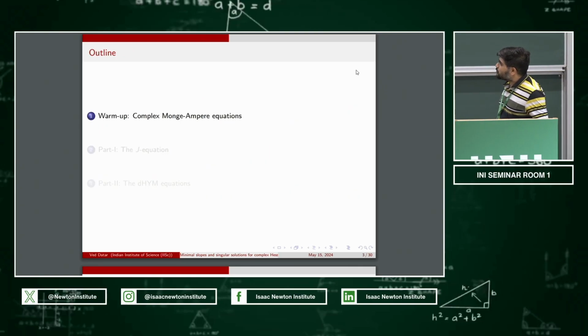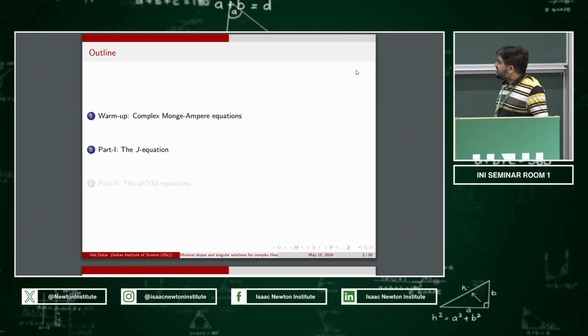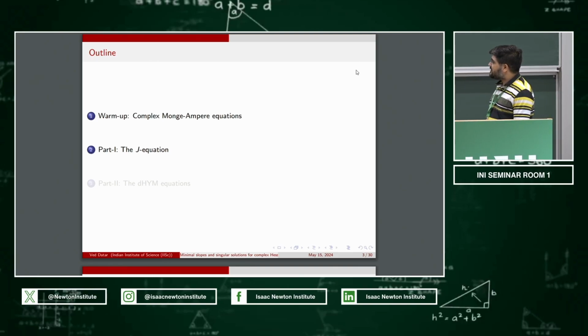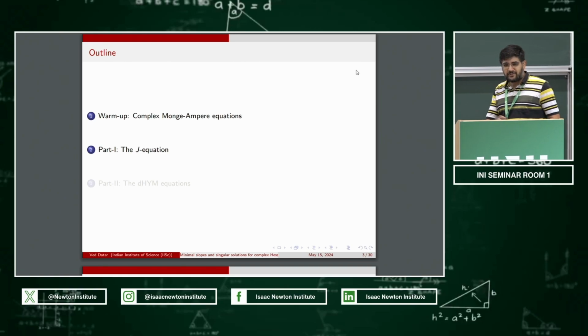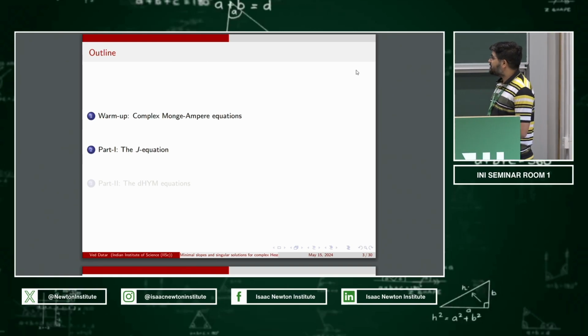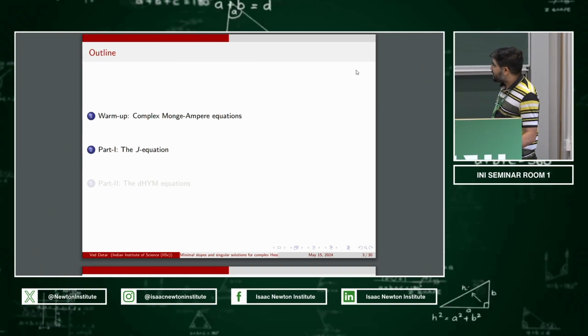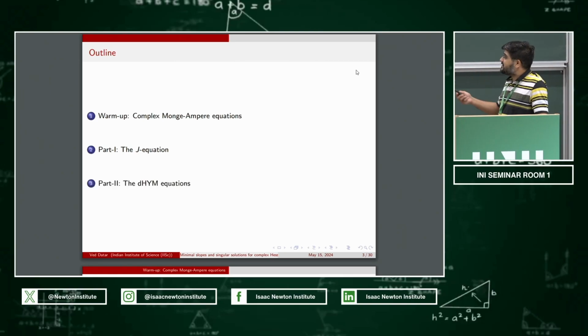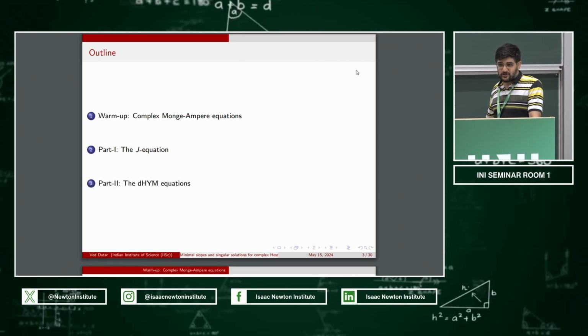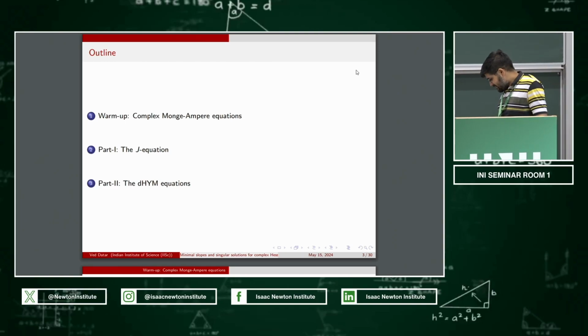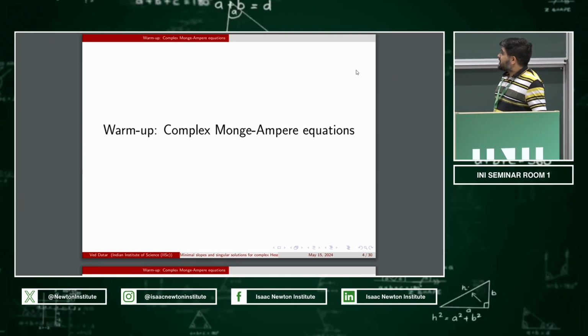Right, so here's the outline of my talk. I'll warm up with the classical theory of the complex Monge-Ampère equation. And then I'll illustrate this theme using two main equations, namely the J equation and the deformed Hermitian-Yang-Mills equation. The first part will be about the J equation, and then, as I said, hopefully I'll have time to also say a few things about the DHYM equations. Okay, so